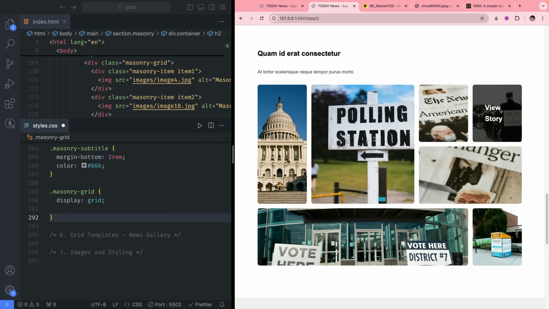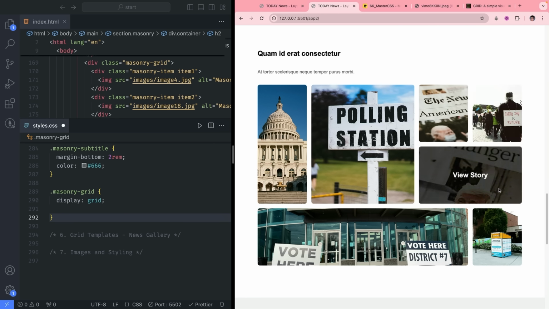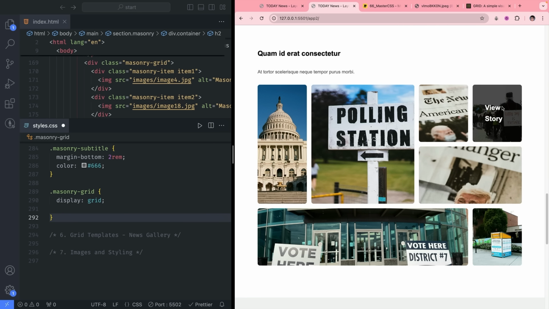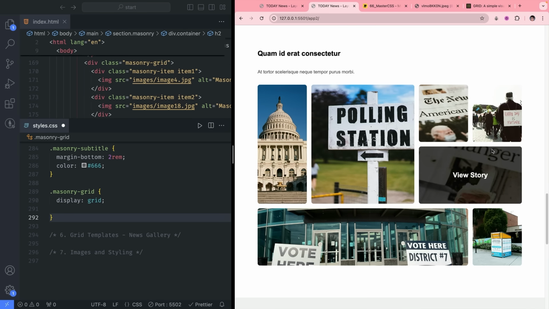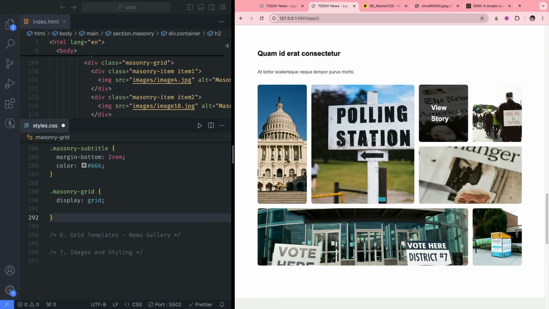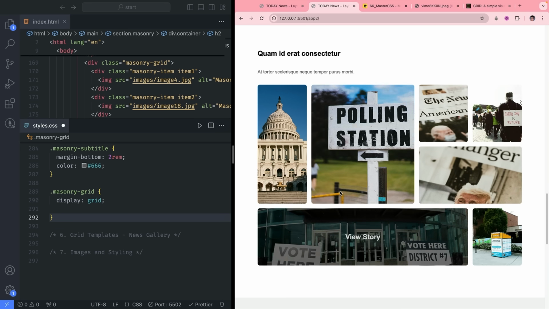Pretty simple. And the rows are a lot more simplistic. We just have 3 rows like this. These take up 2 rows. Everything else is going to take up 1 row. So when you have a grid like this, you can set up the number of columns and rows in a very structured and managed